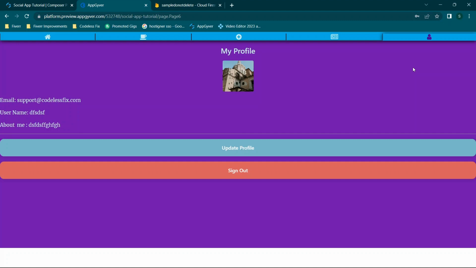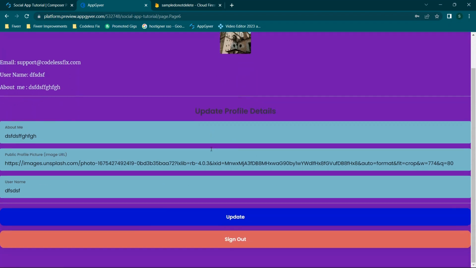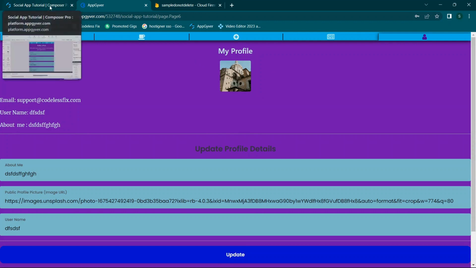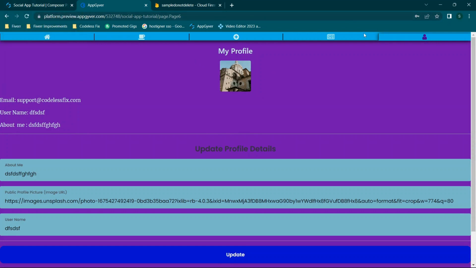As you could guess, most websites are going to have some kind of a page where you can log in and maybe see a profile picture, your email, username, your About Me section, an update profile button, a sign out button. These are some pretty typical things. So what we're going to be doing is setting up this page. Now, if you want a navigation bar like this, that's going to be closer to the end of the series. So right now we're building out that core functionality and getting the more difficult and kind of boring stuff